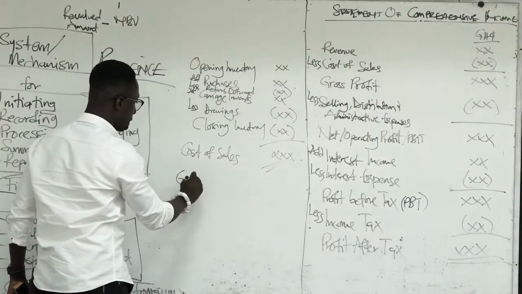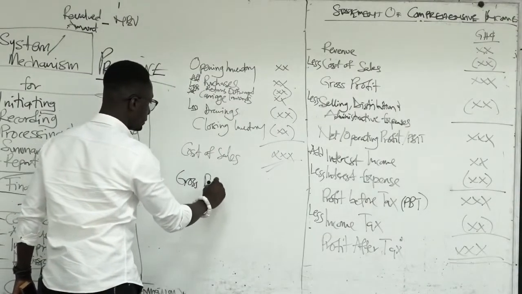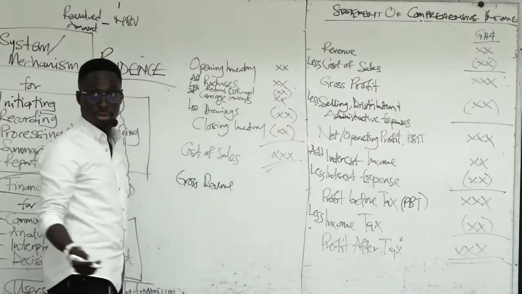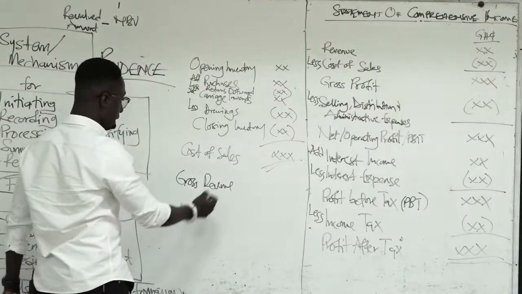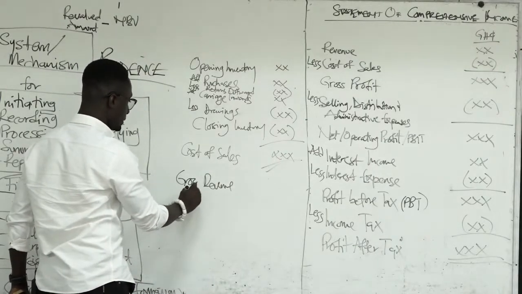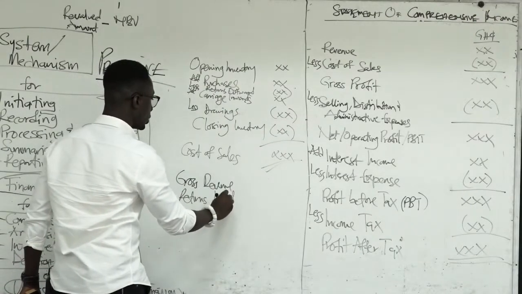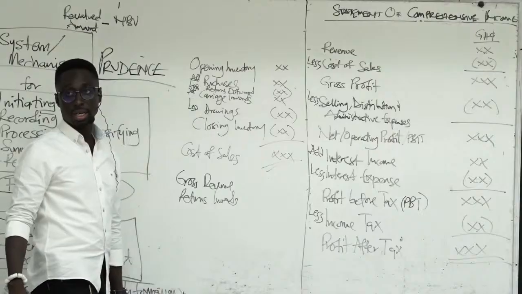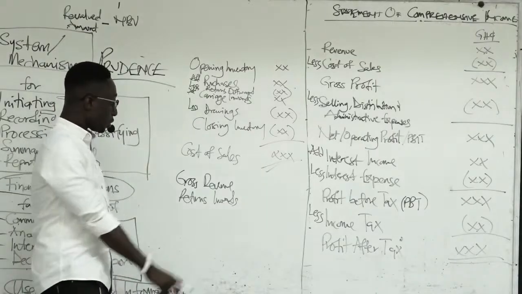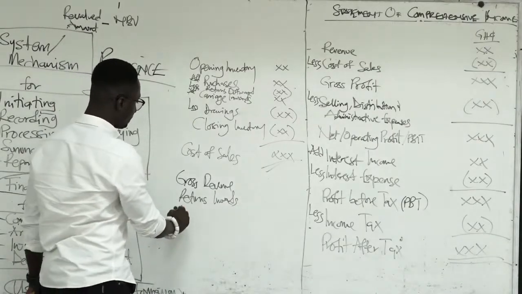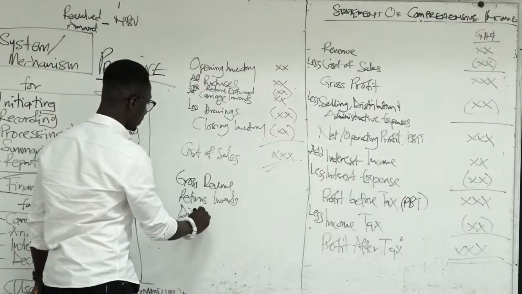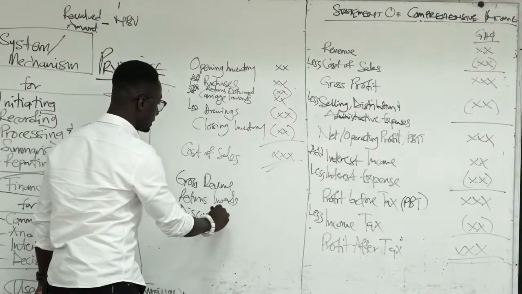So you would have, say, gross revenue. And then you may have returns inwards. You could even have here discounts